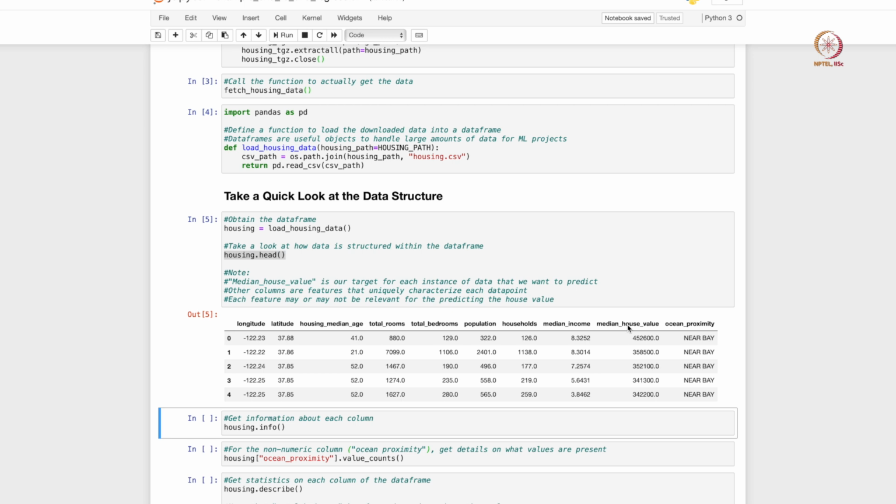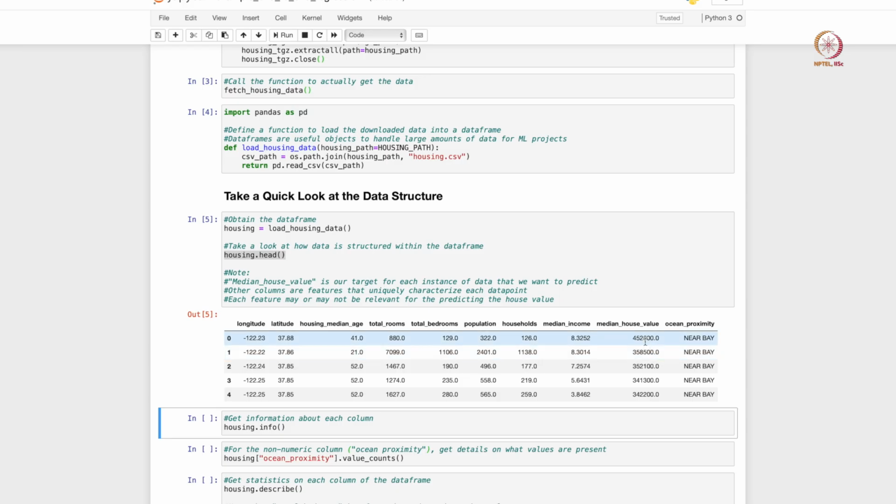There is also a column called ocean proximity that basically measures how close the locality is to the ocean itself. So California in the US is a little bit like Tamil Nadu or Kerala or even Karnataka in India, which has a coastline, right. So you can also measure how close a locality is to the coastline itself.